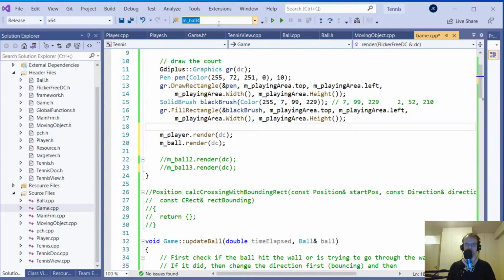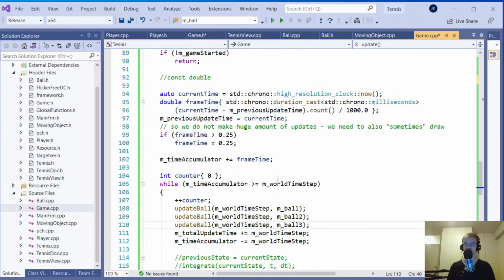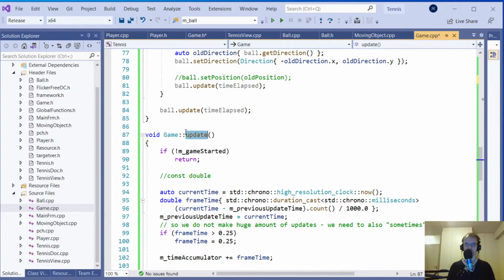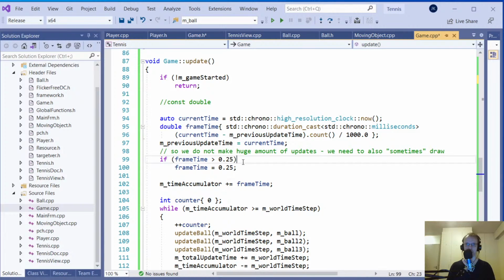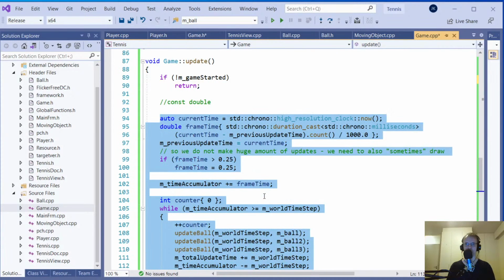So check the ball object. Do we need to do something with the player as well? Yeah, we don't need to. Well, actually we do need to. This is for the movement. I'm gonna actually explain this one in detail at some point. I added this code here. Accumulation. This is the rotate. This is the times the